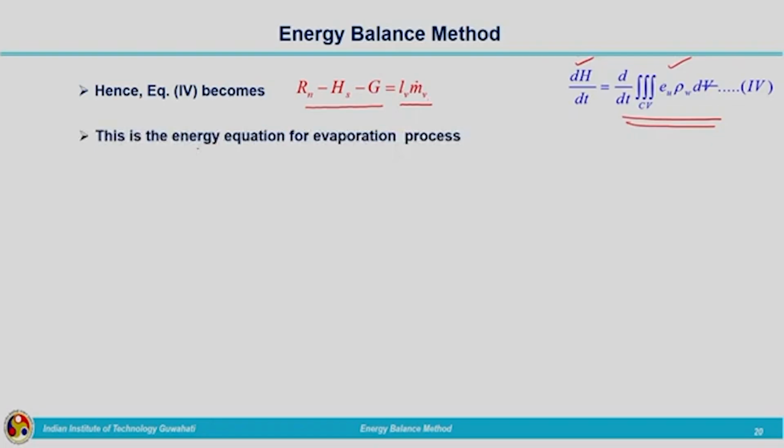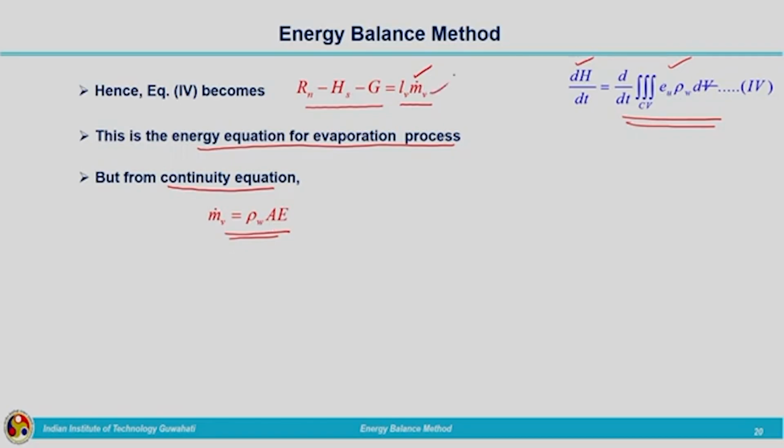So, this is the energy equation for the evaporation process. We have written the complete energy equation for the evaporation process, and from the continuity equation we know the expression for m dot v, the time rate of change of mass flux. That expression we have already found from the continuity equation: m dot v is given by rho w A. So, what we are going to do is substitute this m dot v